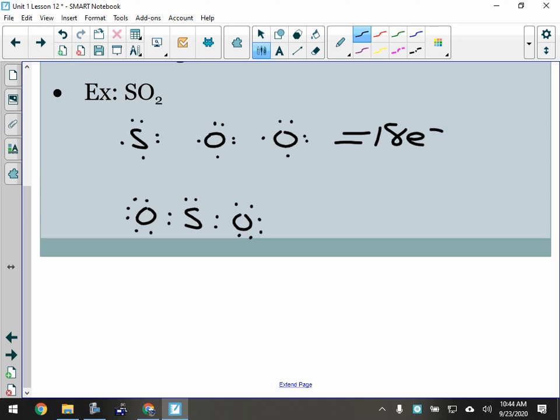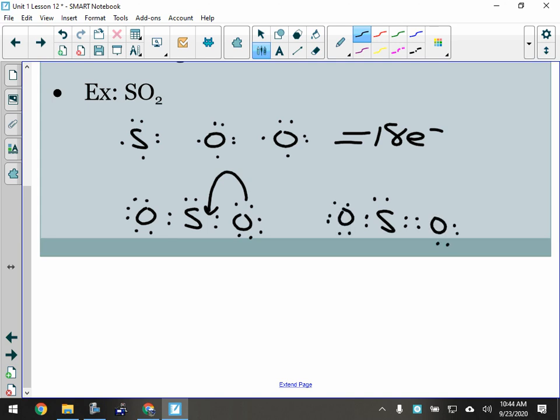right? You look at the oxygens and you say, okay, well, the oxygens are good. They have 8. Oxygen has 8. Sulfur good? No. So I'm going to have to fix that somehow. I'm going to have to move a pair of electrons in. So I'm going to take a pair of electrons and move it in. I'm not going to put brackets and charges because I am just using this to get sulfur dioxide. That's it. Okay, so I'm going to move a pair of electrons in, and I'm going to get something that looks like this